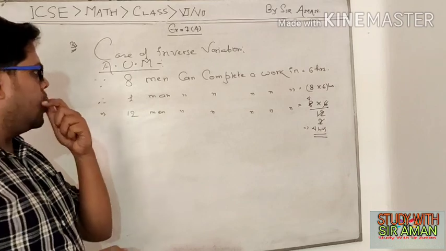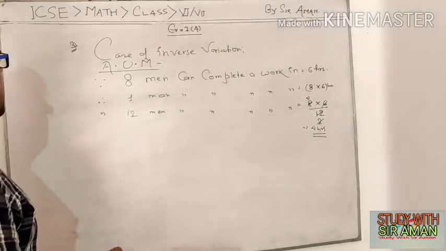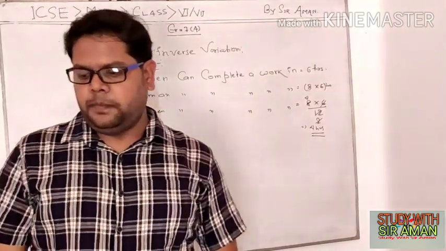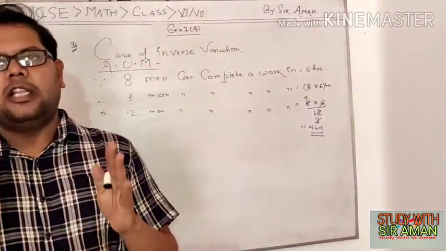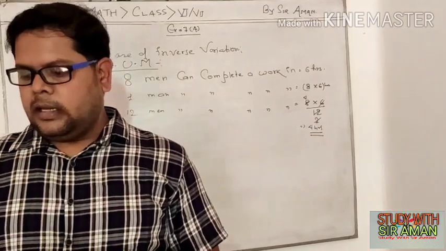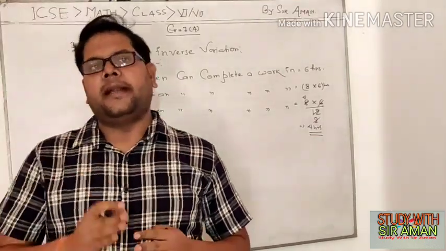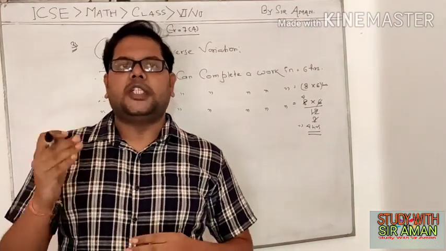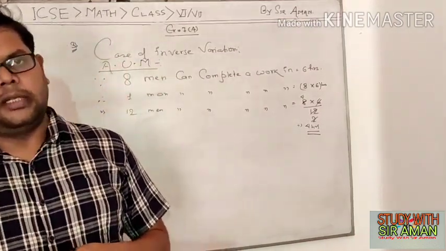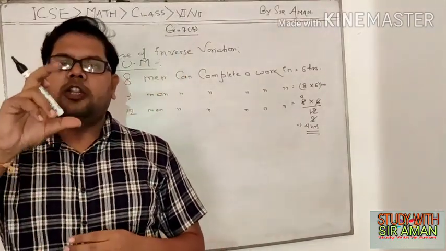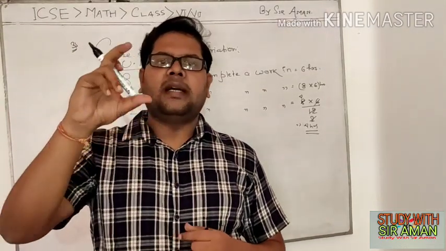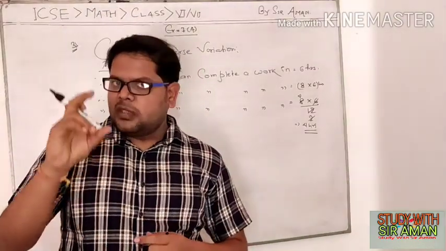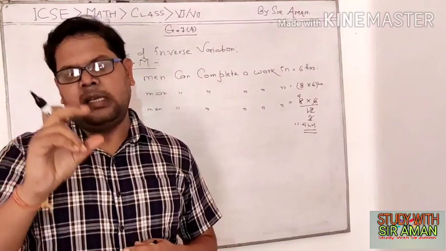Okay, we will see one more question. Question number 4. What is question number 4? A candle is there. The length of the candle is given. The candle burns for 45 minutes. If we increase the length of the candle, for how many minutes will it burn? It is the question. It means more the length of the candle, more minutes the candle will burn. That is the concept of the question. So what is it? It is direct variation.